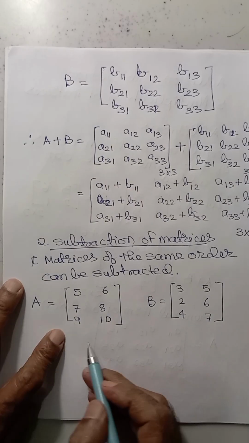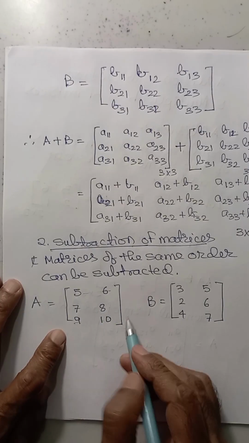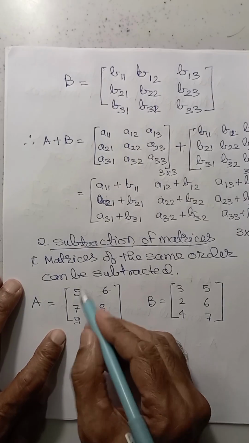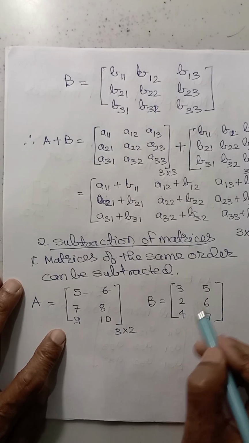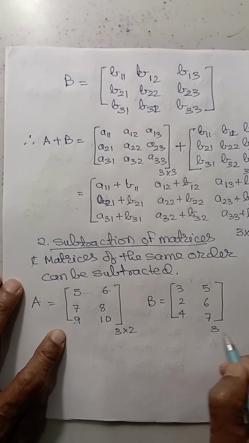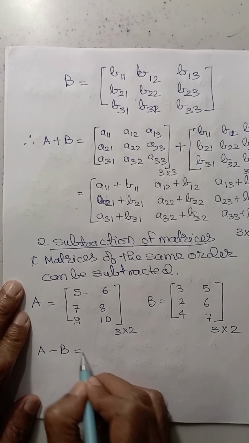So first we will check the order of these matrices. This matrix has 3 rows and 2 columns, so it is of 3 into 2 order. Here the order is 3 rows and 2 columns. So it can be subtracted. So A minus B will be